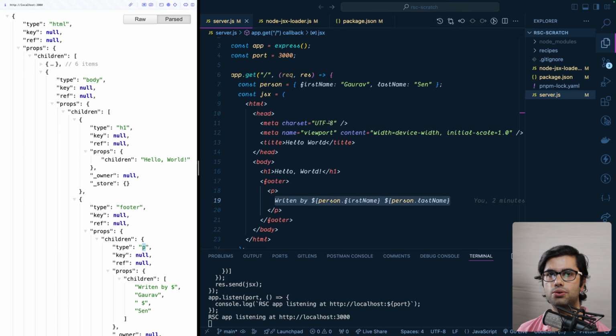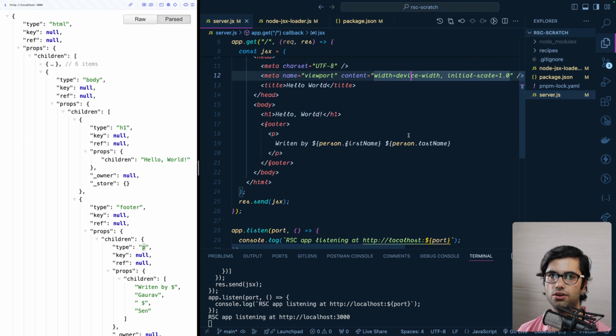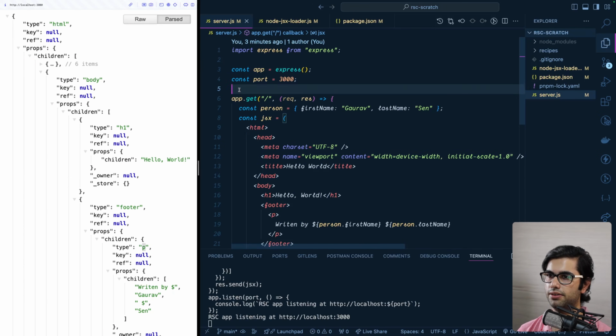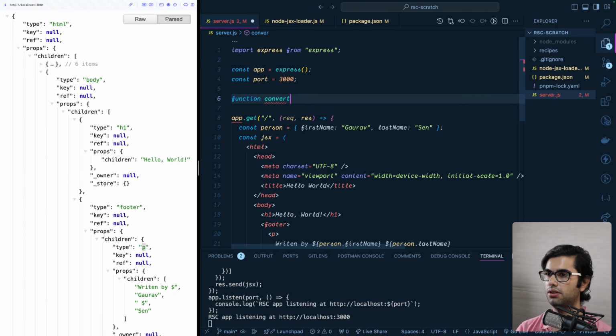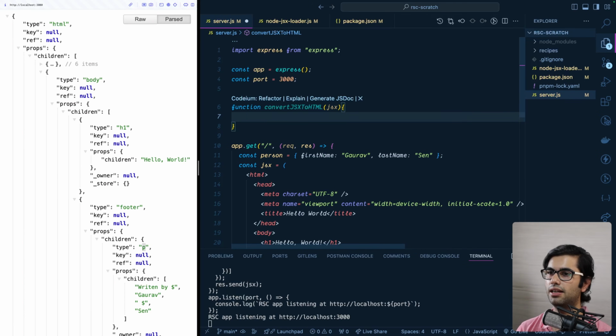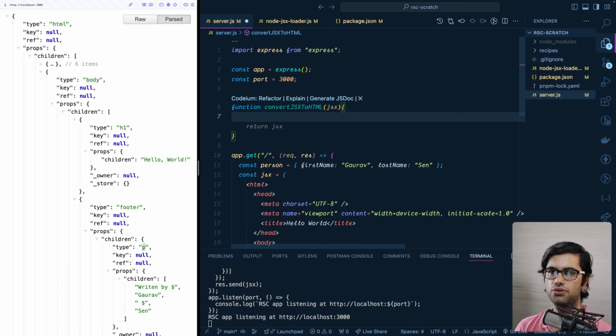So now let's do server-side rendering on this JSX. In order to do that, we will write a function which converts this JSX into HTML tags. All right, let's do that over here. Function convertJSXToHTML. This is going to accept the JSX object, and this is going to be a recursive function. It will go through all of these objects that you see over here and try to convert them into